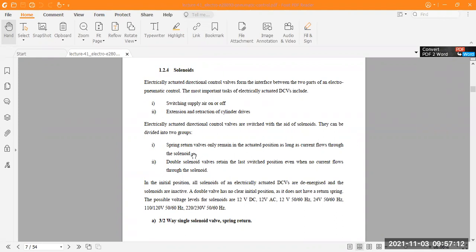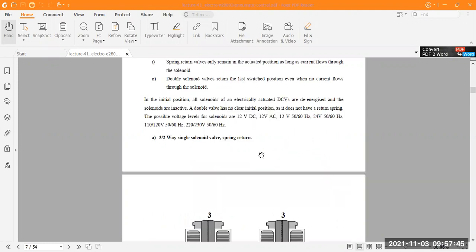Number two is the double solenoid valves, which retain the last switched position even when no current flows through the solenoid.